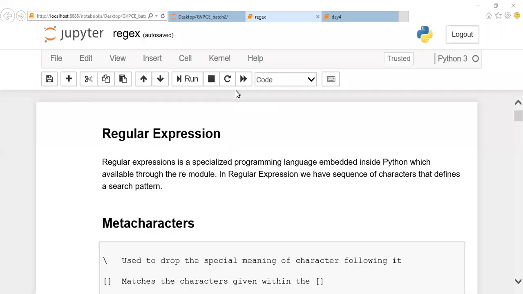Yesterday we were speaking about regular expressions, right? A regular expression is used for searching for a particular element or a particular pattern. A pattern might be a mail ID, an integer, an alphabet from A to Z, or a symbol from your keyboard. Anything else is also called a pattern.